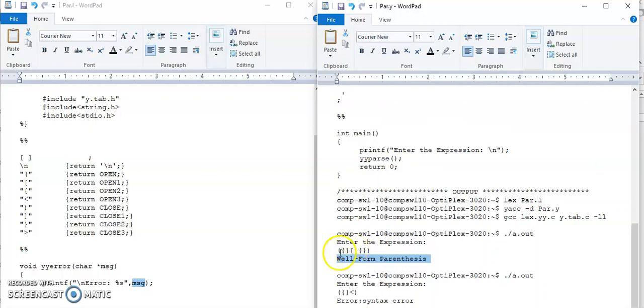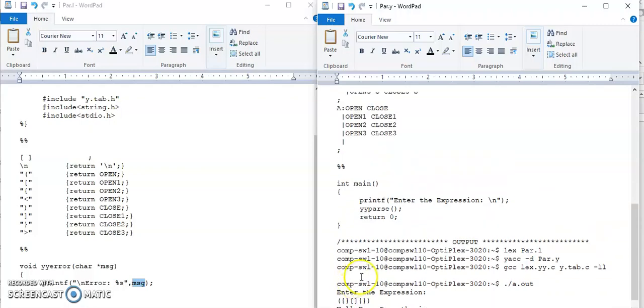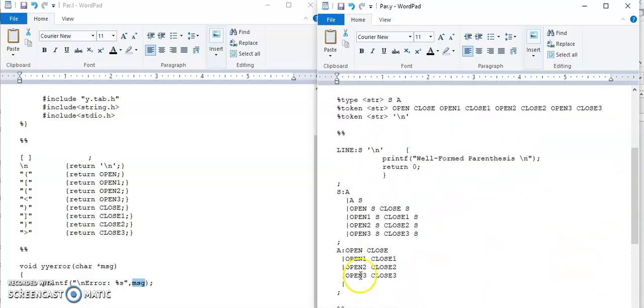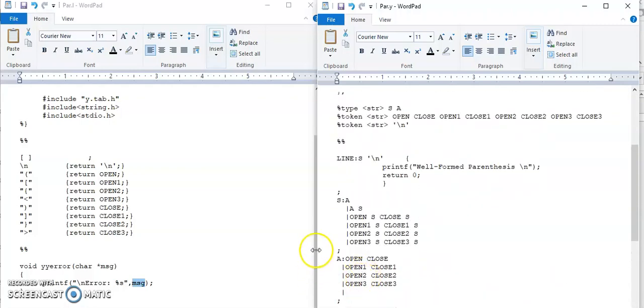So to check this, you have to always check that an opening bracket occurs first, followed by the closing bracket. And what is the opening bracket? It means whether it is a round bracket, a curly bracket, a square bracket, or an angle bracket. So for this, you need to write the grammar accordingly.